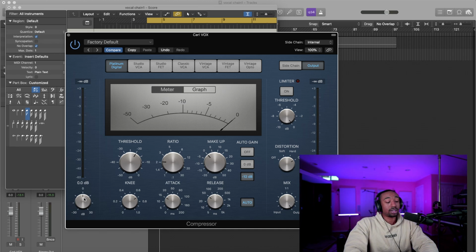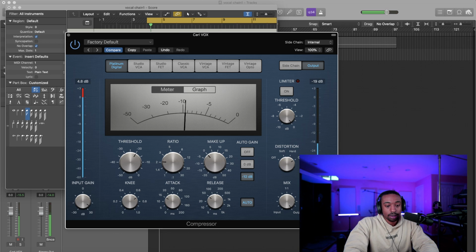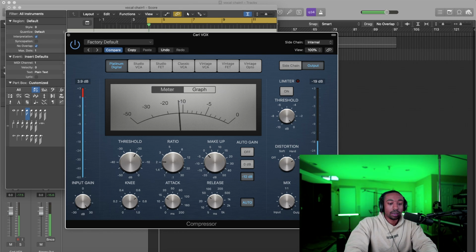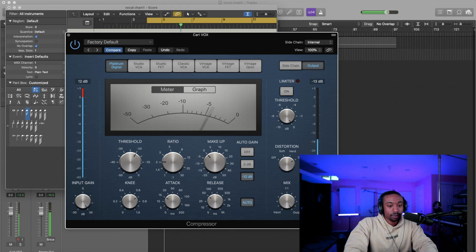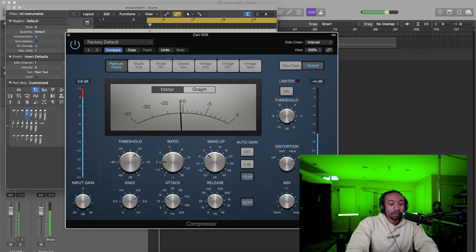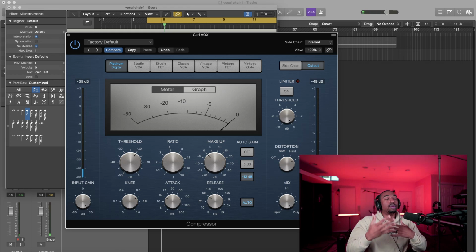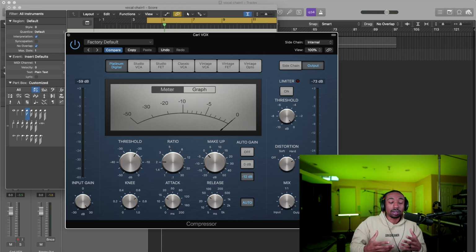Now I'll exaggerate this by amplifying up the input, and then I'll turn down the output to compensate. So I'm clipping going into the compressor. See how you can hear the breaths? You can hear the background noise in the studio. You can hear everything. So what a compressor does is it pulls up the volumes that you can't normally hear.